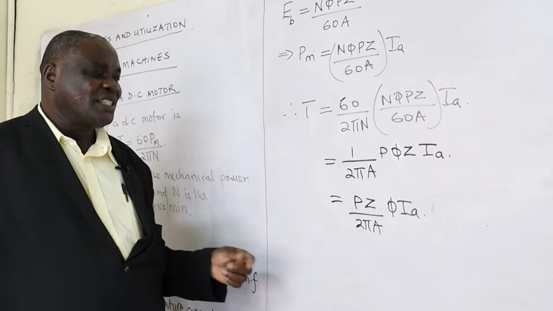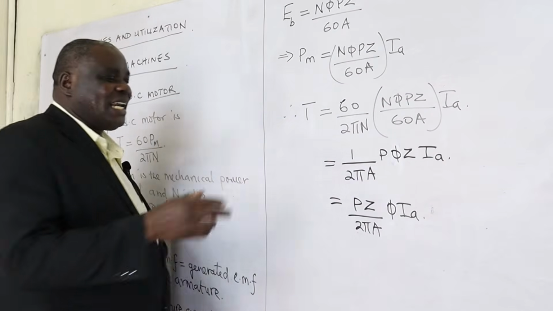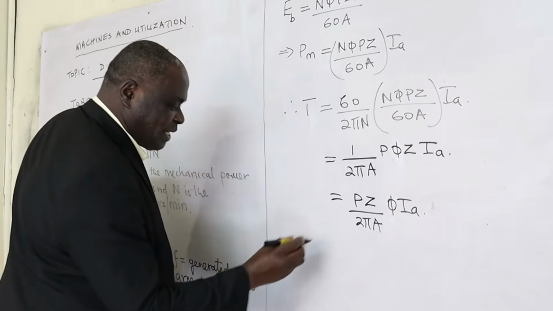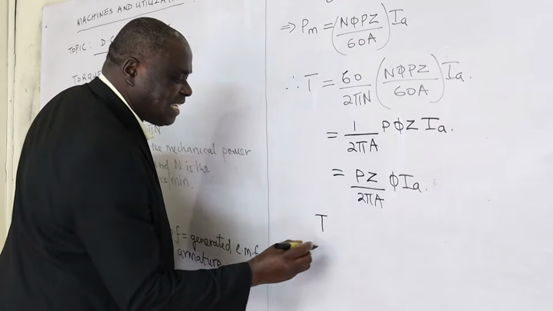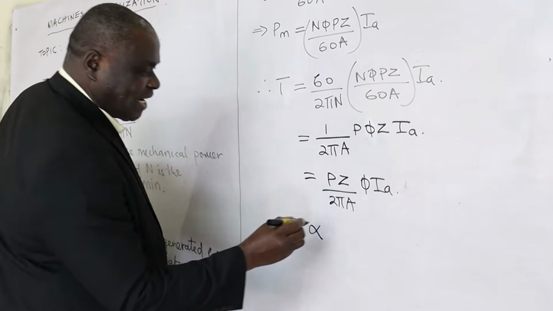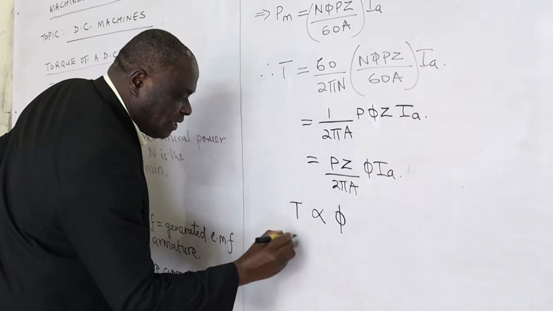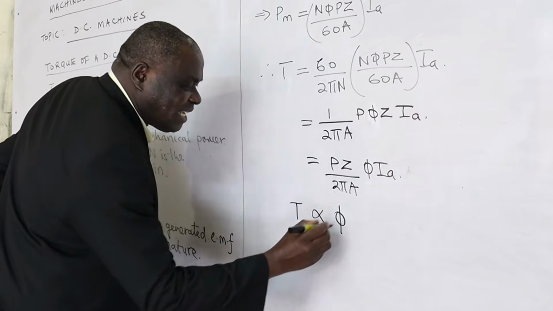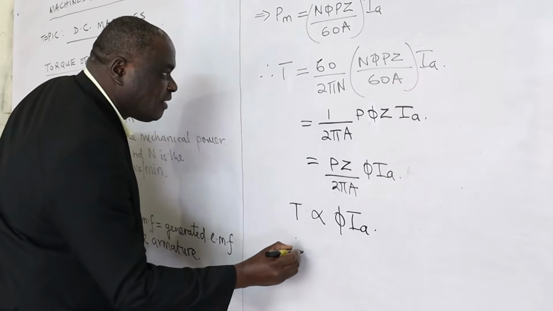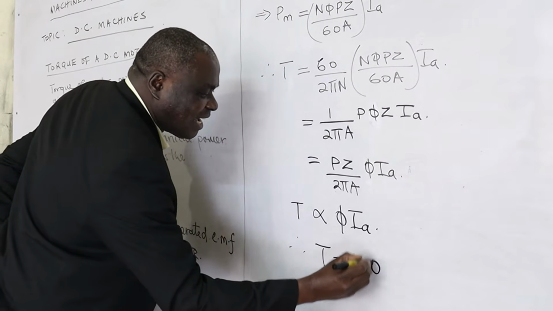When you include this, you can vary armature current. And armature current also depends on the loading. So from this expression, we can say our T is directly proportional to phi IA. Therefore, T is equal to K phi IA,